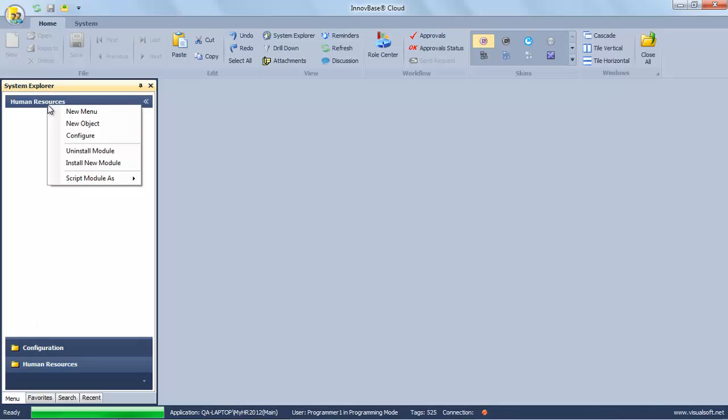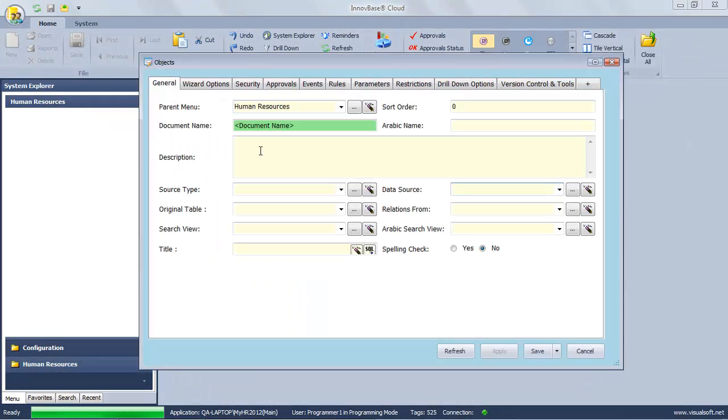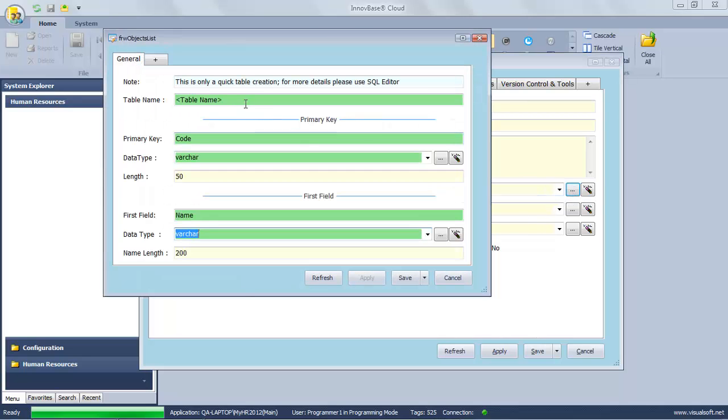I will create a new object under this menu. Right-click, new object, call it employee file in English and Arabic. Here we use Arabic as a second language, and it could be any language of your choice. Determine the source type as user table, and here we select the table from the database, but the database is new and empty, so I will create a new table here, give it a name, enter the primary key and first field,